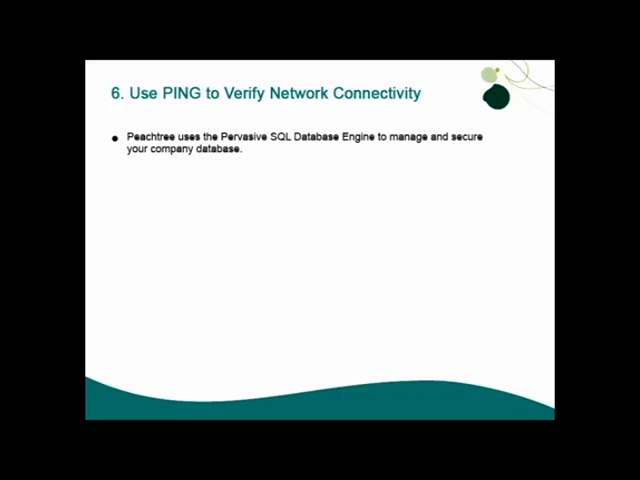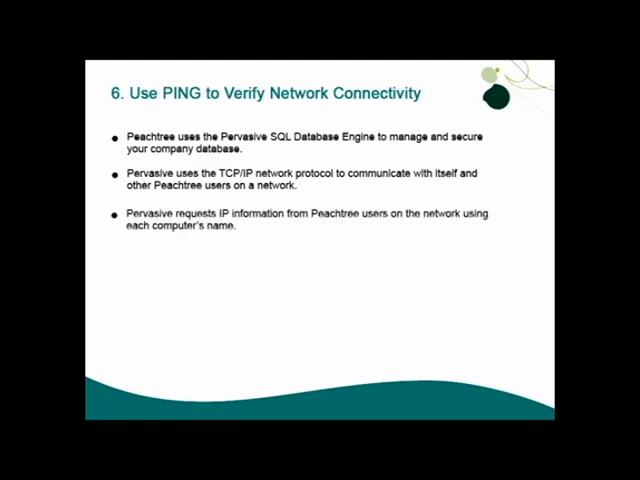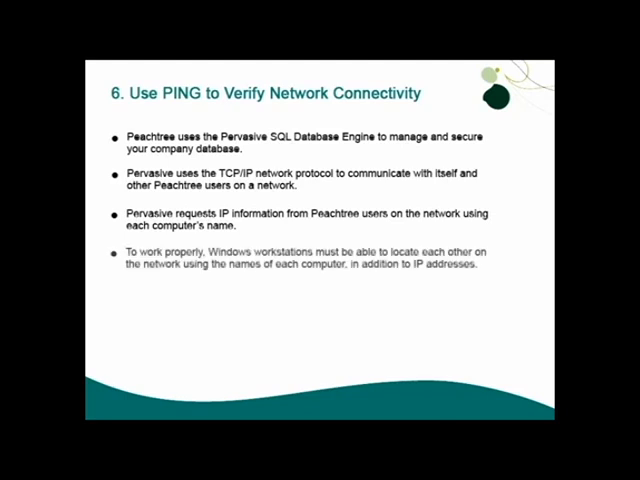Peachtree uses the Pervasive SQL database engine to manage and secure your company's database and uses the TCP/IP network protocol to communicate with itself and other Peachtree users on a network. Pervasive will request IP information from Peachtree users on the network using each computer's name. From this name, it will determine the IP address of a computer so that they can send and receive Peachtree